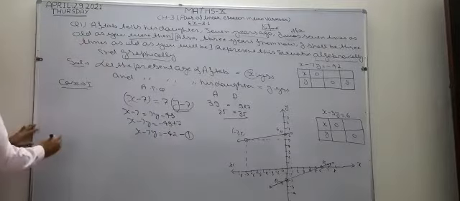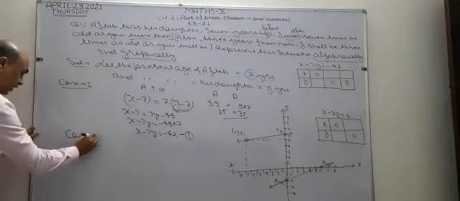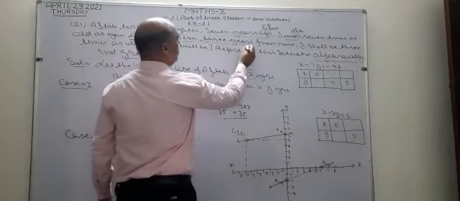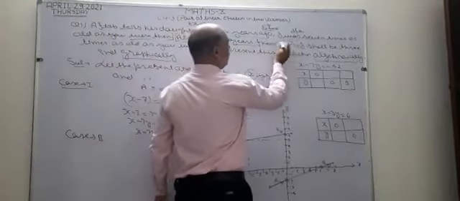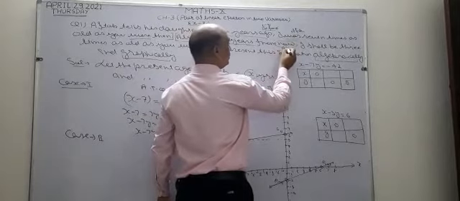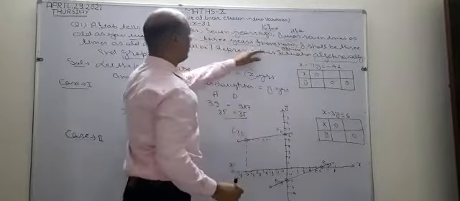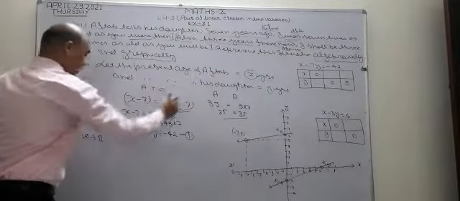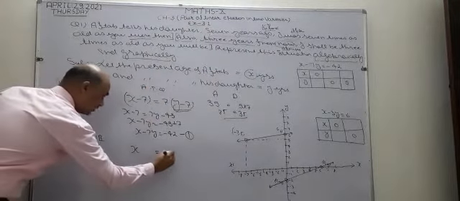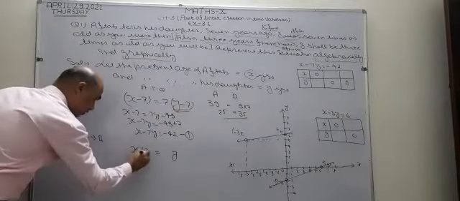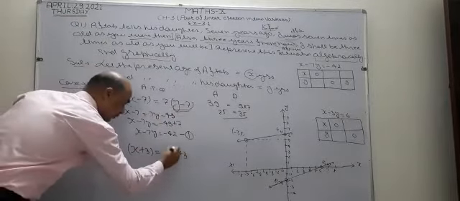Now I want to discuss its second case. What is the second case? See here: 3 years from now. Now means after. After means plus. 3 years from now. The present age of Aftab is x years and the present age of the daughter is y years. 3 years from now means x plus 3 and y plus 3.